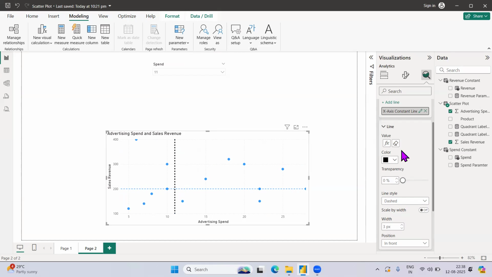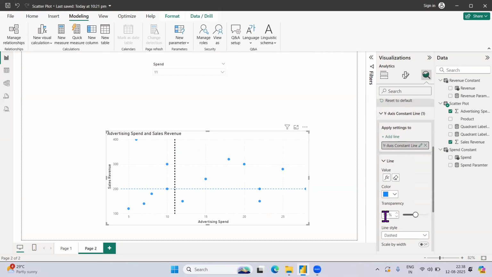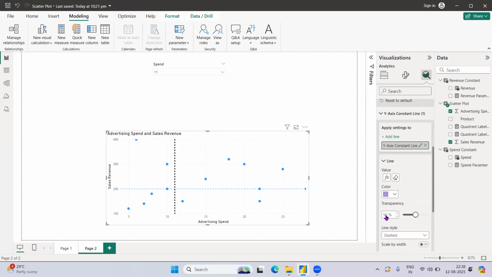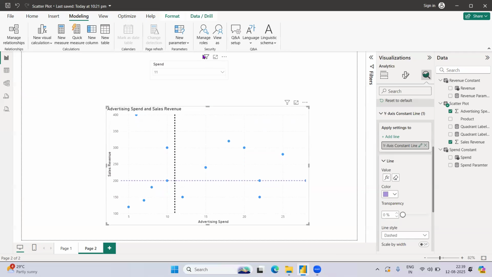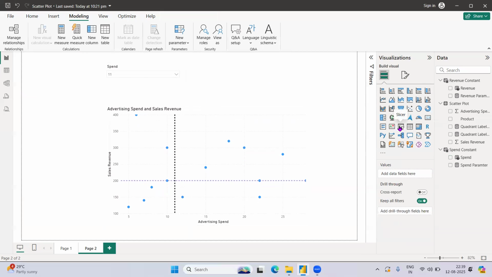Transparency, make it dark. Then if I go to y-axis, let me select some random color for the time being. Let me do this one. Transparency 0. So if you see, these are my two segments. Spend I have. One more thing I require is my revenue. If I just set revenue,